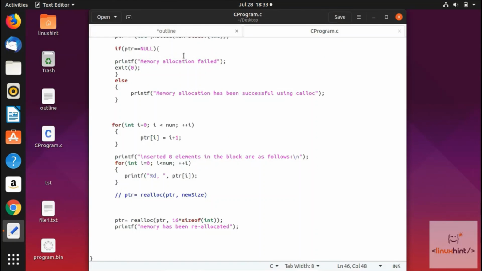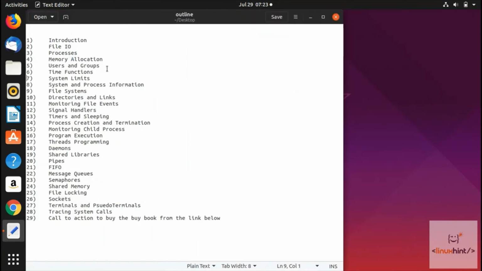So we have done these 4 functions. Okay, so the next topic is users and groups. All right, so the